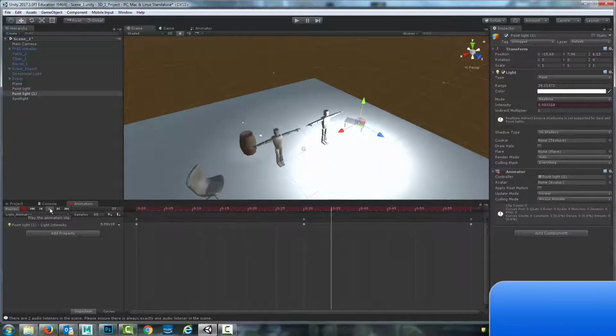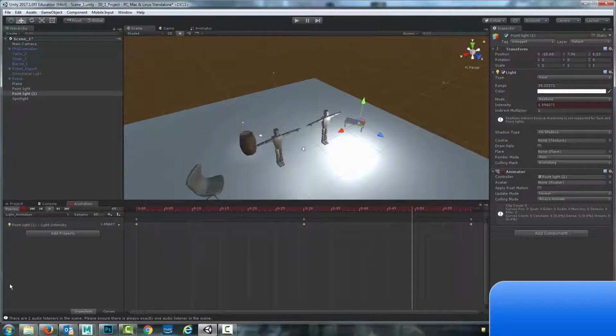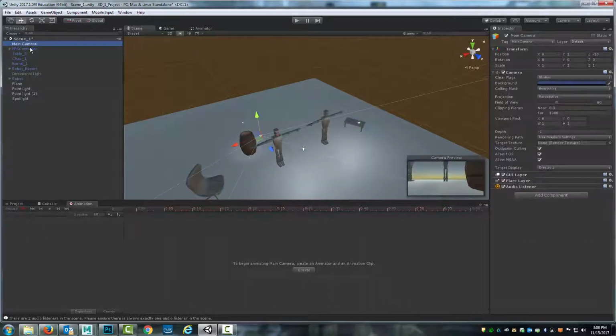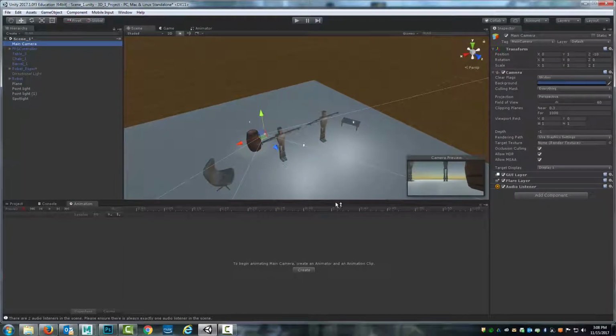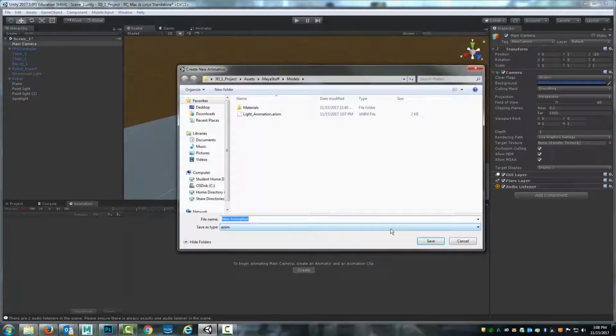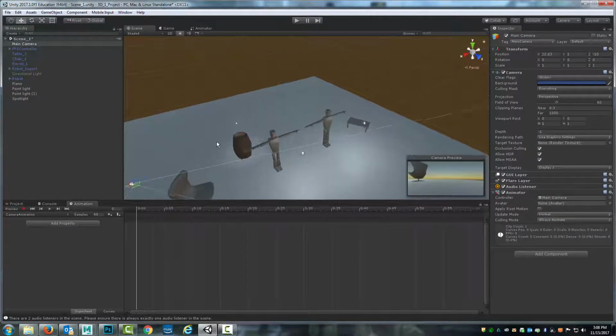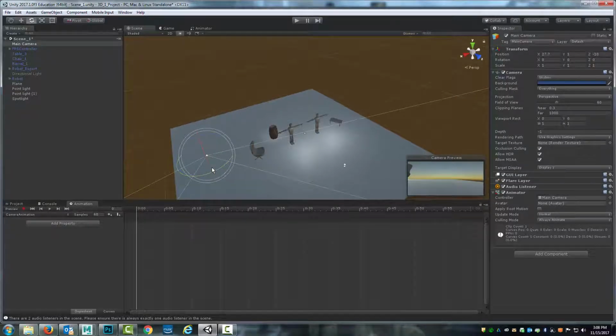I could also change the direction, so I can grab the directional light, have it rotate across, and make adjustments that way. I can also start playing with different cameras. So for example, here's the main camera. I can create a new animation for this, call this camera animation, and hit save. And I can set it up to do a fly-through. So rotate this, and with the camera selected, you can see that there's the camera preview, but I can hit